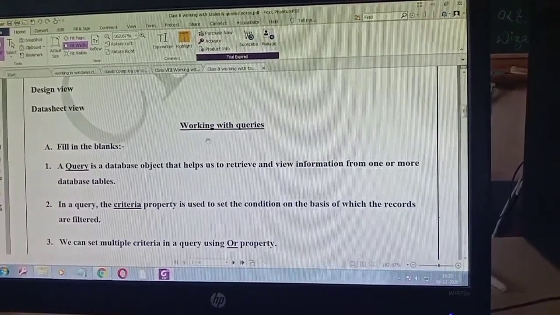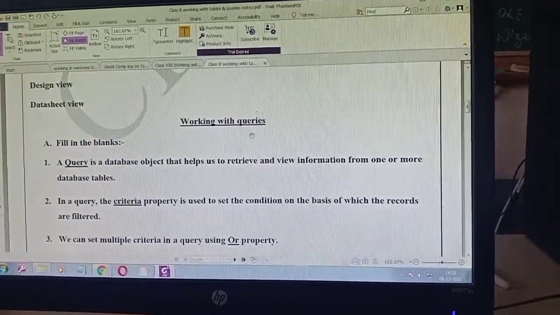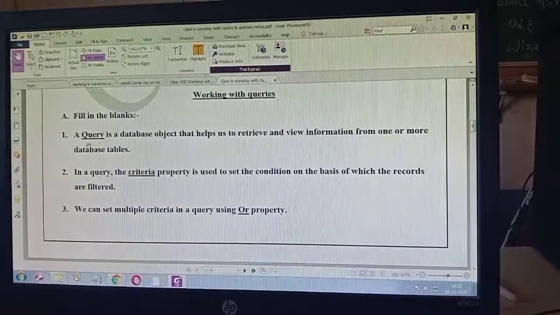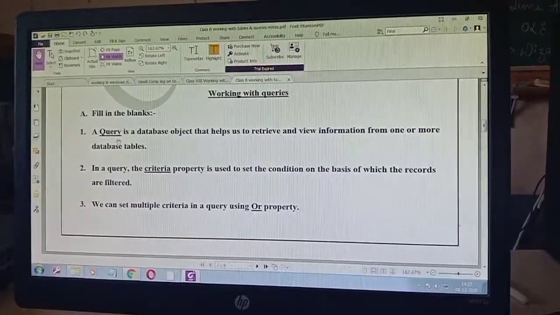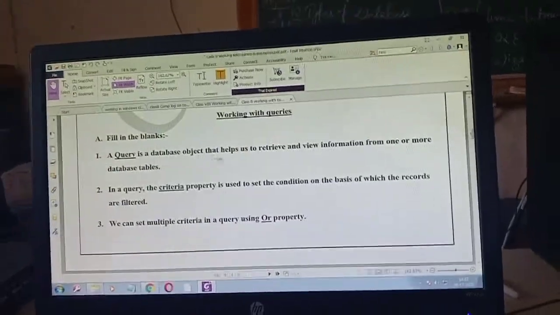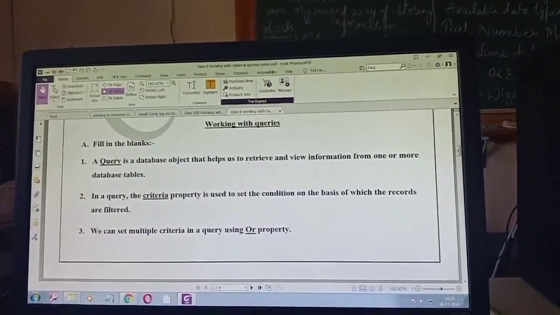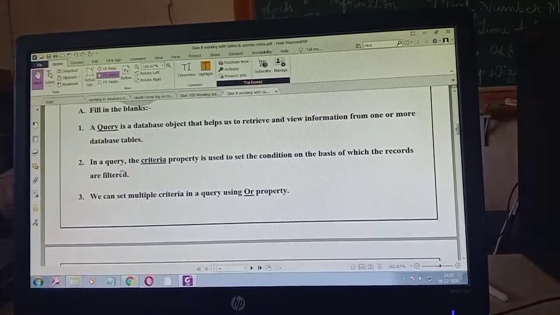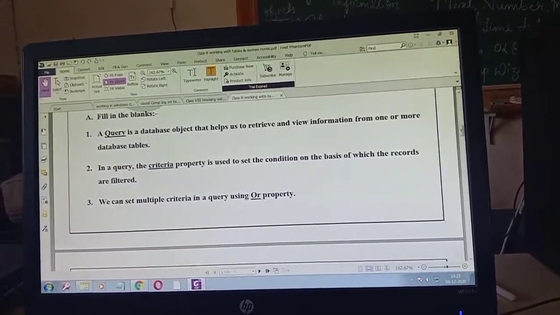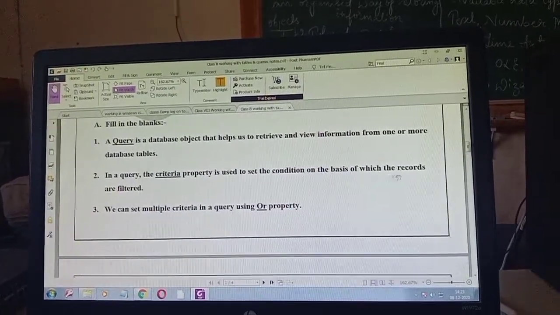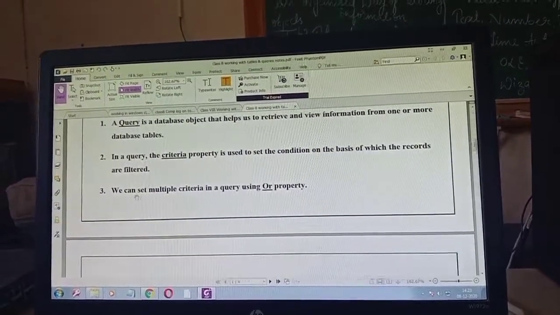Next chapter is about working with queries. First bit of the chapter is a query. A query is a database object that helps us to retrieve and view information from one or more database tables. In a query, the criteria property is used to set the condition on the basis of which the records are filtered.